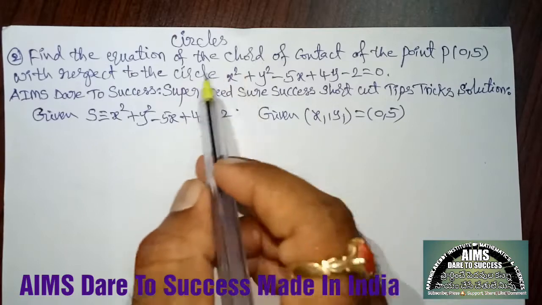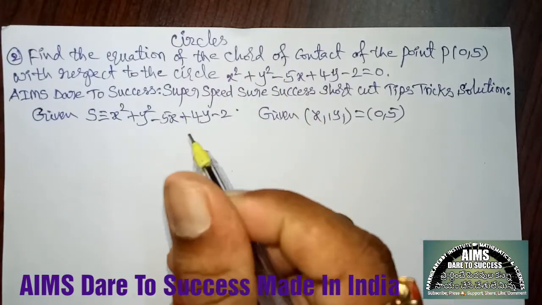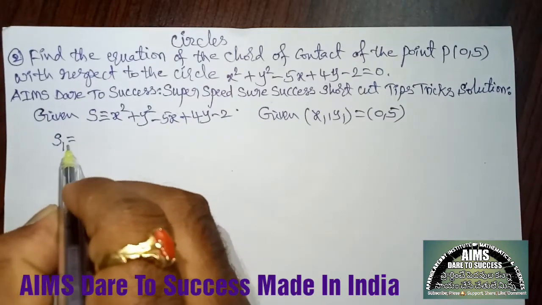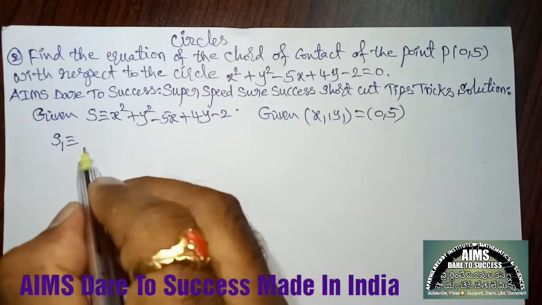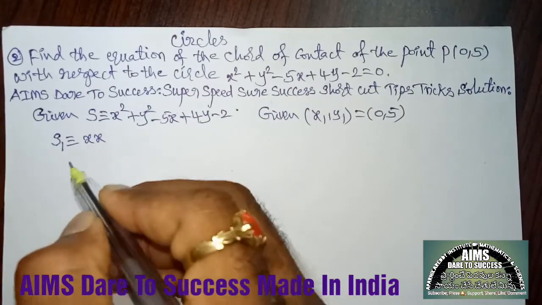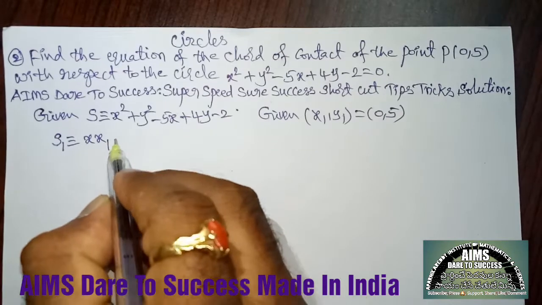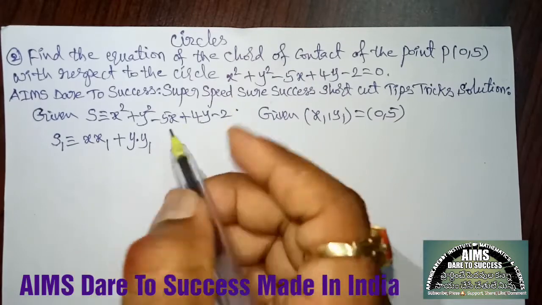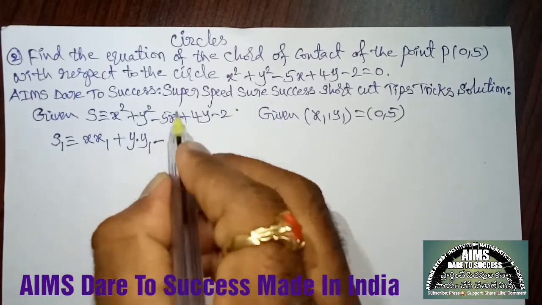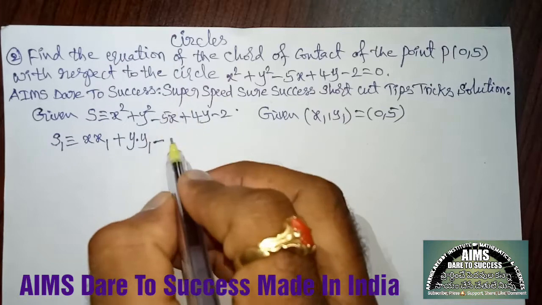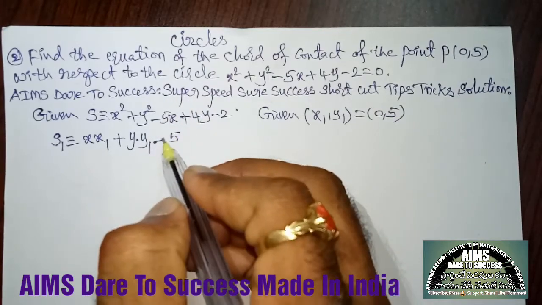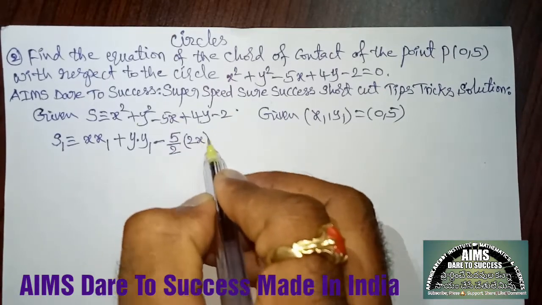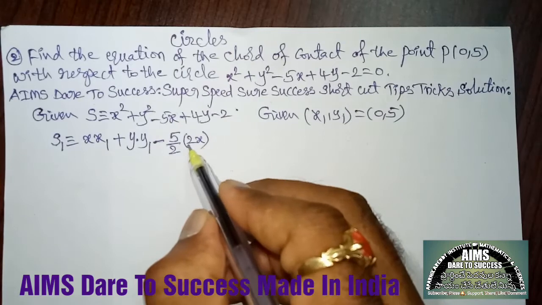Now I wanted to find the equation of the chord of contact, that is S1 is equal to 0. Before going to S1 is equal to 0, here I wanted to write S1 by using this given circle. So x square can be written as x into x1, plus y square is y into y1, minus. Here the x coefficient is an odd number, so from an odd number we can't take 2 common, so that's why multiply and divide by 2. The dividing value you can write outside, the multiplying value right inside.